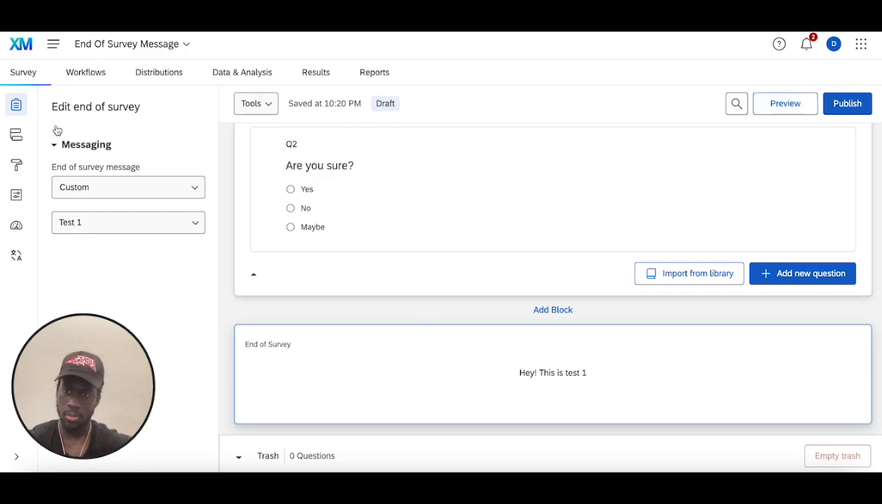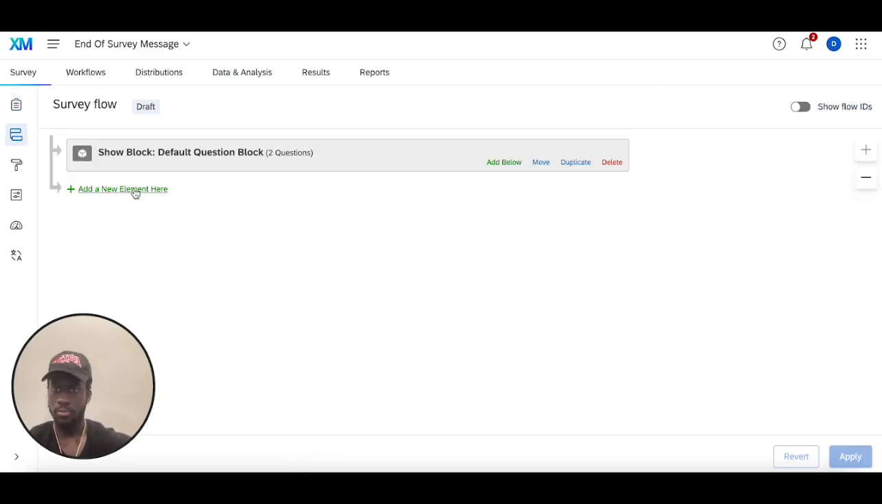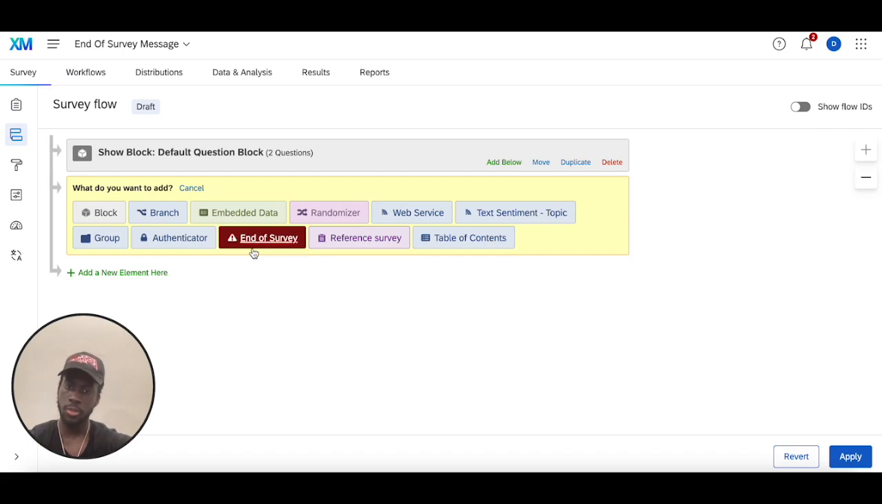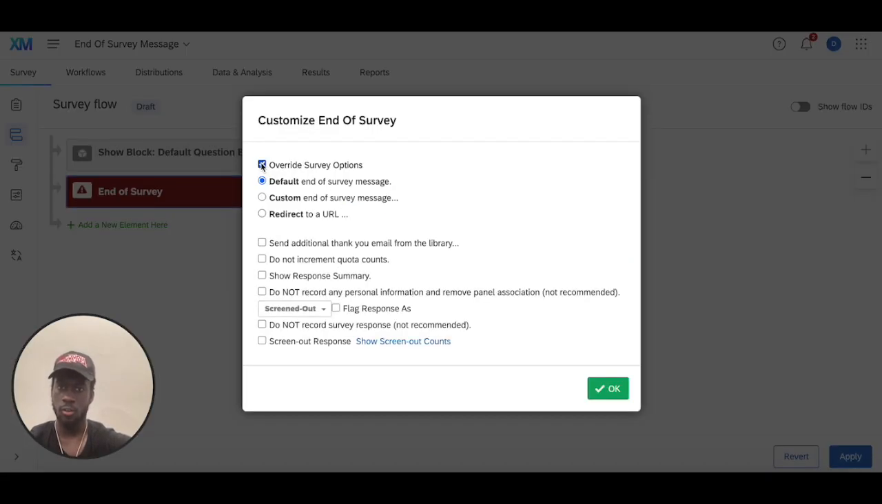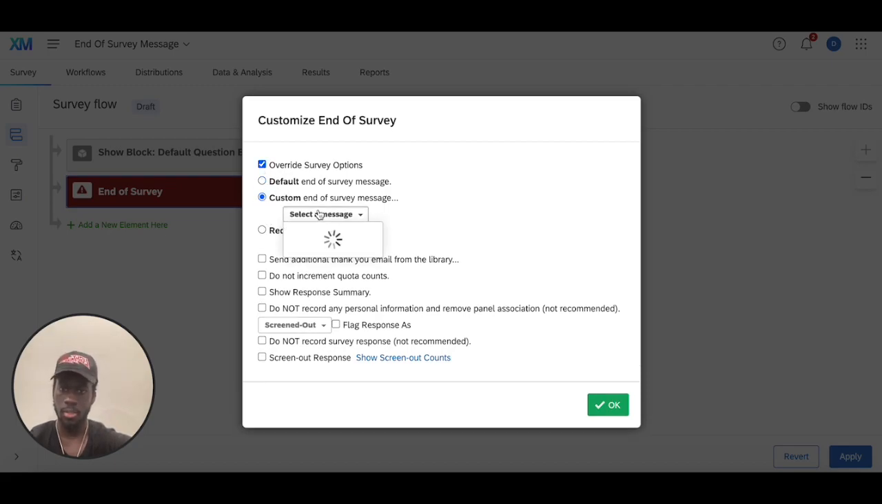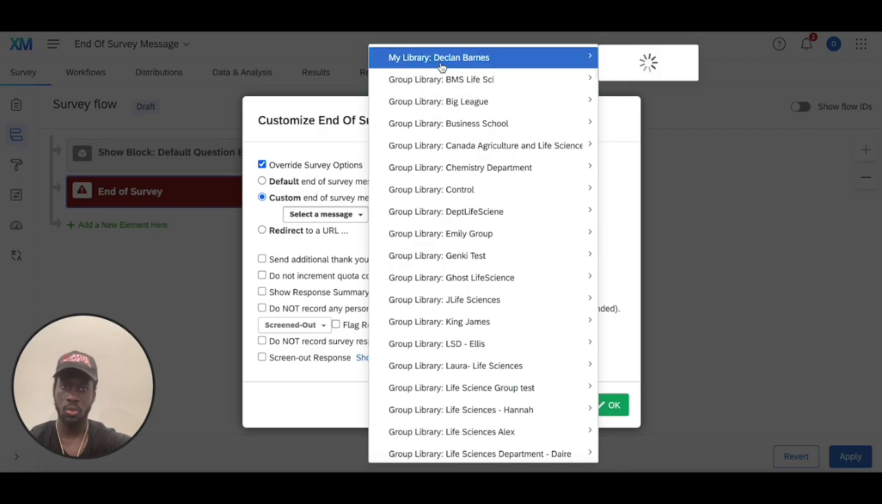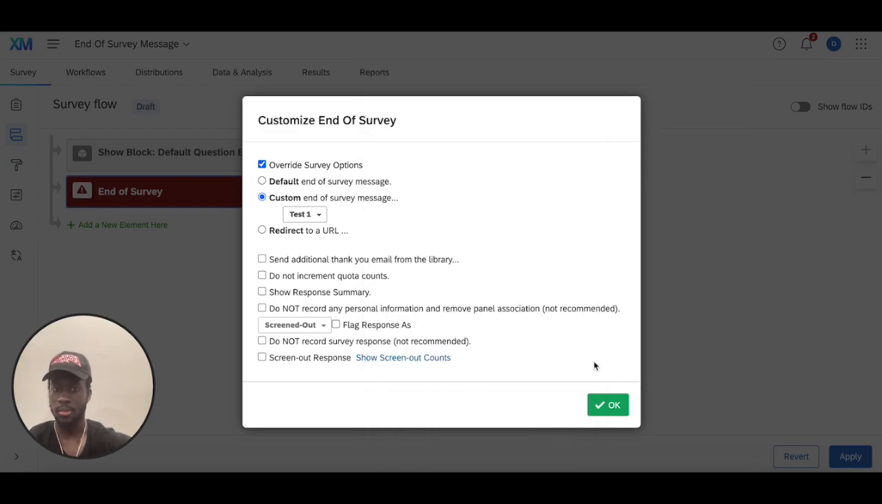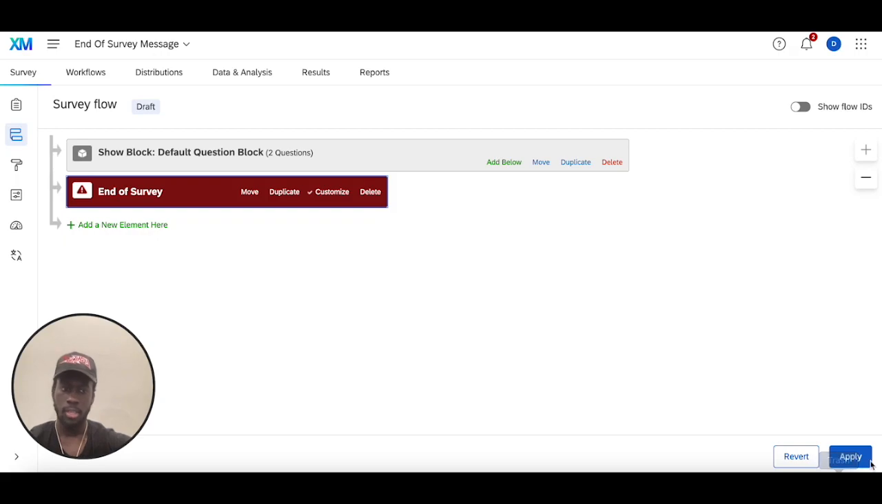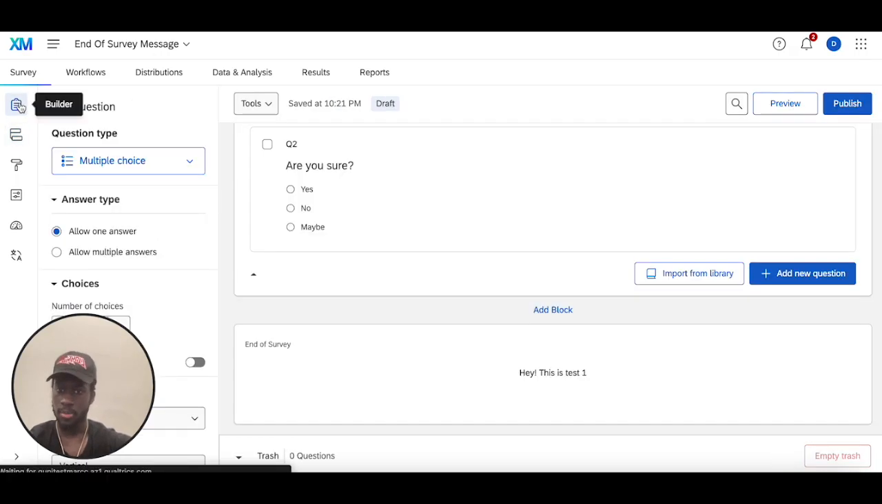Now the second place you can do it is your survey flow. So in here, what you're going to want to do is click End of Survey Element, Customize, Override Survey Options. Instead of default, you're going to want to change this to Custom, and then you're going to want to add your End of Survey element in here or load one from the library. In this case, I'm going to load test 1 from the library, hit Apply,